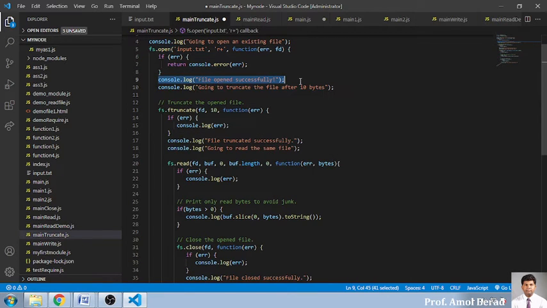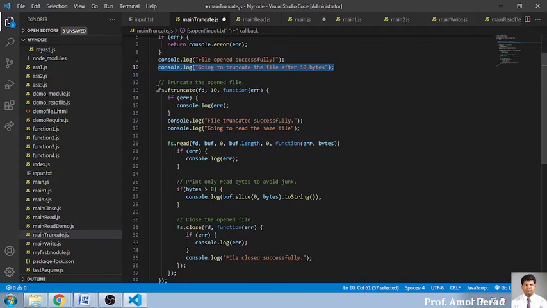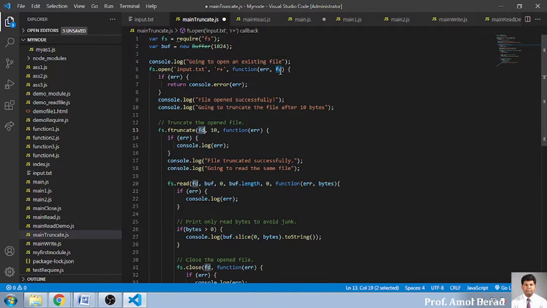If it is not there, the file will be opened, a message will be displayed, and you will go into truncating the file. Now exactly the truncate logic is written over here. It's just a 1-line code, just like closing. ftruncate is the name of the function. We will be reading the file which is being created, opened over here. So fd is nothing but the object that is opening the file called input.txt. Now I am specifying 10 bytes. तो पहले 10 bytes जो होंगे उतने ही दिखाई देंगे. The rest of the part will not get displayed.